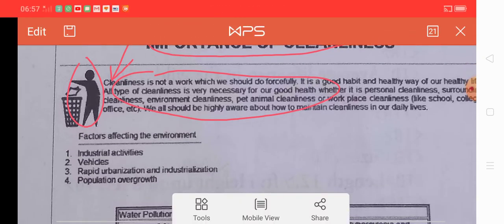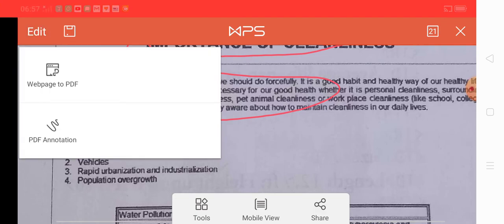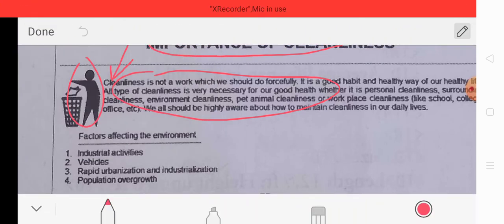After that, there is a list. There is a list, and the heading of the list is underlined, and that is not a link because it says "factor affecting the environment".